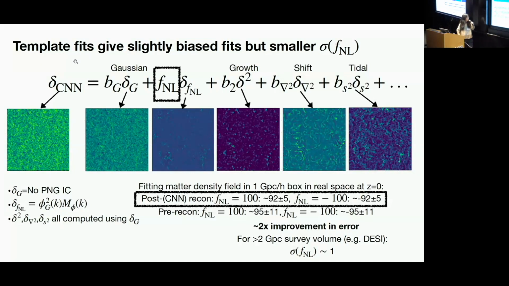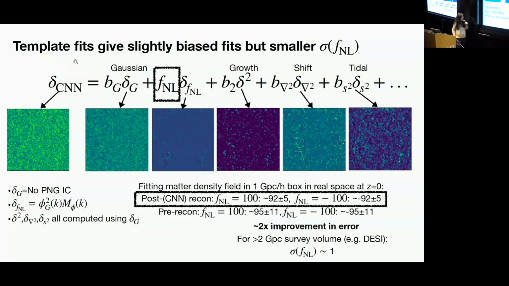So in simulations, I have an initial condition. I use the no PNG initial condition for delta G, and also use that to compute the growth shift and tidal terms. And so we have all of these terms, and then we can do a least square fit to find FNL. So in matter density field in 1 gigaparsec volume in real space at ratio of 0 for FNL,